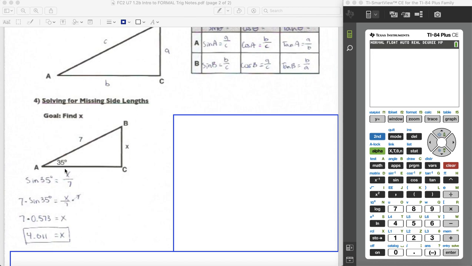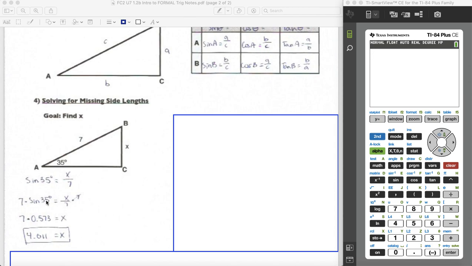that 7. So if I do it to the right side of my equation, I need to do it to the left side. So x divided by 7 times 7, I drew my line through it. It crosses out. But I have 7 times the sine of 35 degrees on the left side. What is that? How do we figure out what that number is? And that's where I'll show you. So again, we cancel it out on this side, and we're left with x equals 7 times the sine of